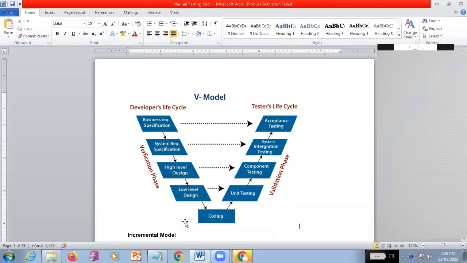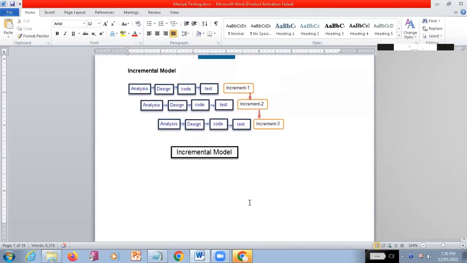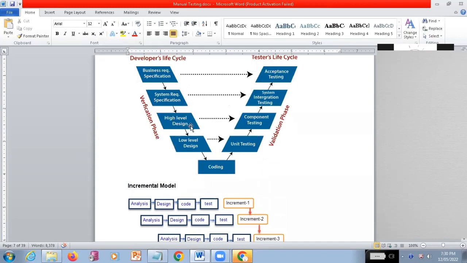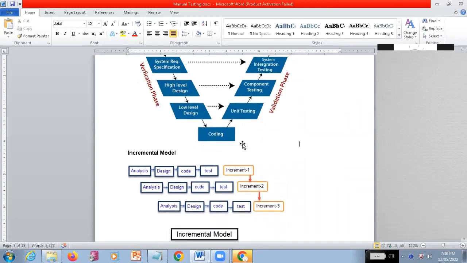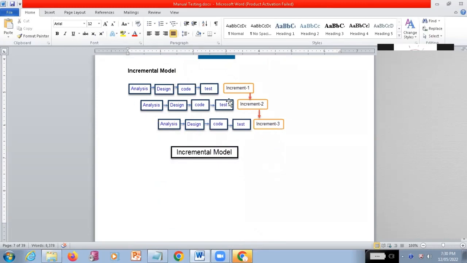So, if you see here, V model is done. Next one is the incremental model. See here, why we go for the incremental model: till now, what we have seen is that after completing each and every phase only, we go for the next phase, correct? But when it comes to the incremental model, see here,